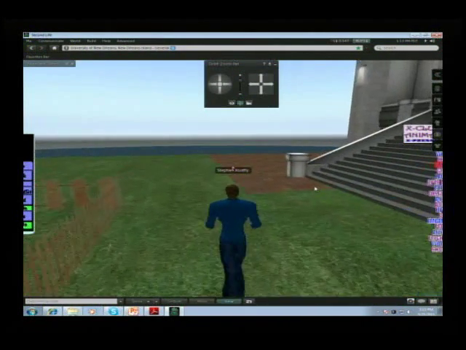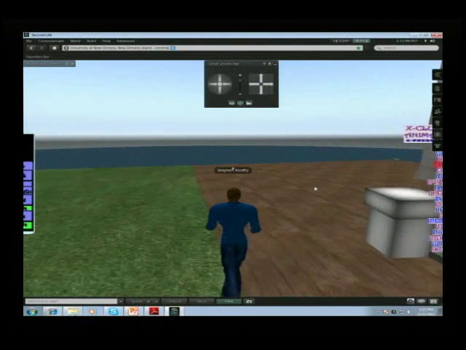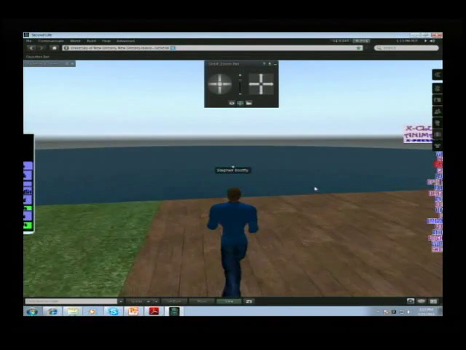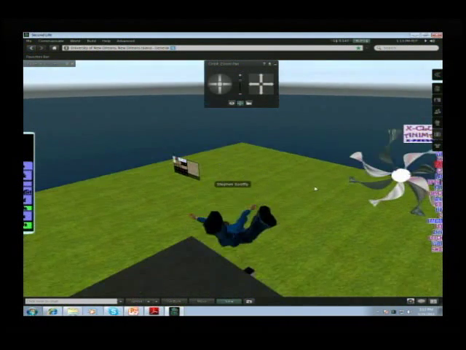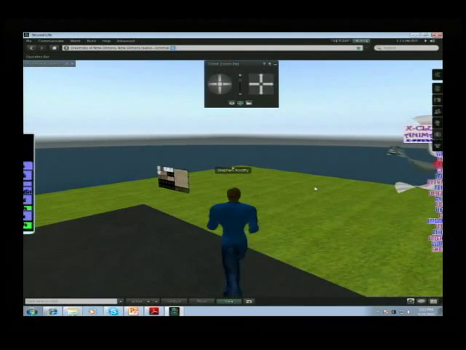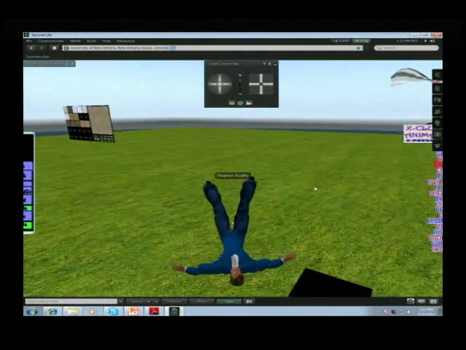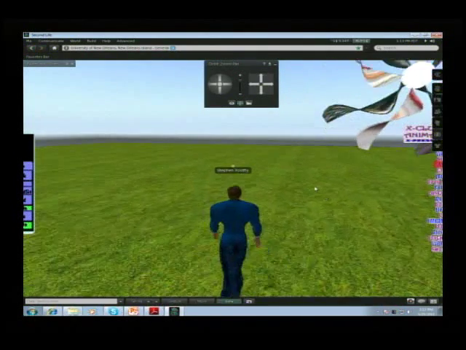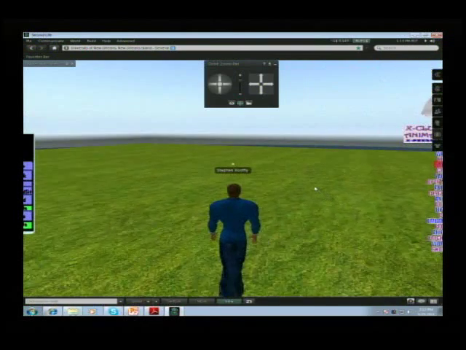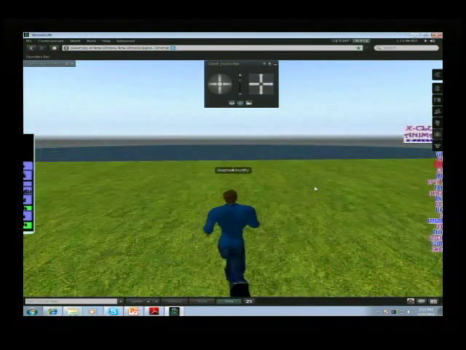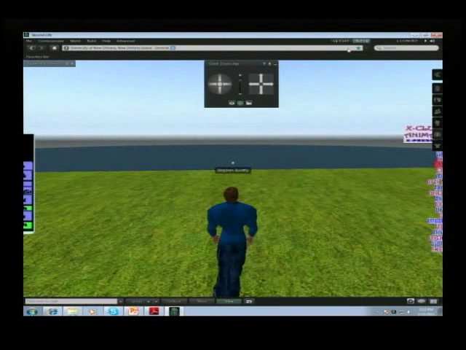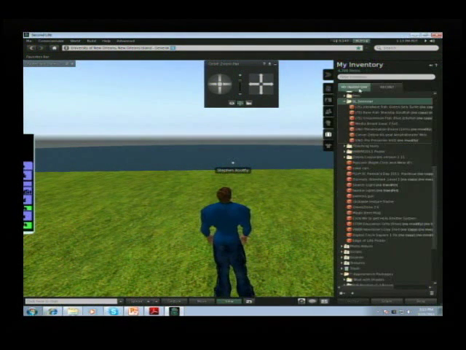I have a second avatar where I'll show some of the other interactions one would have with another avatar in the world. What I'm going to do right now, though, is actually set up the classroom environment and show how easy it is to actually have a classroom set up. Now, UNO Island has classrooms that are already set up by default. You can use those. But I also want to demonstrate how easy it is to make your own custom environment. So we have